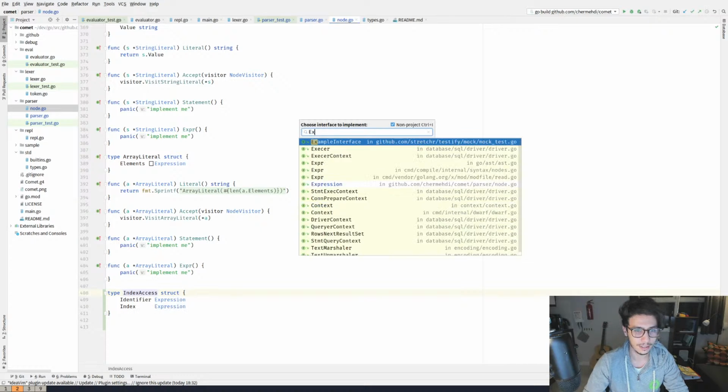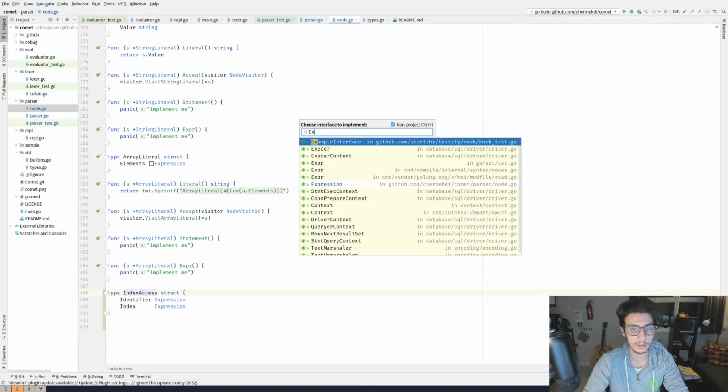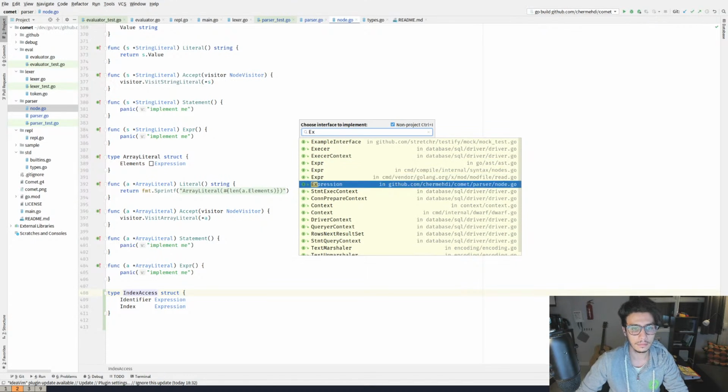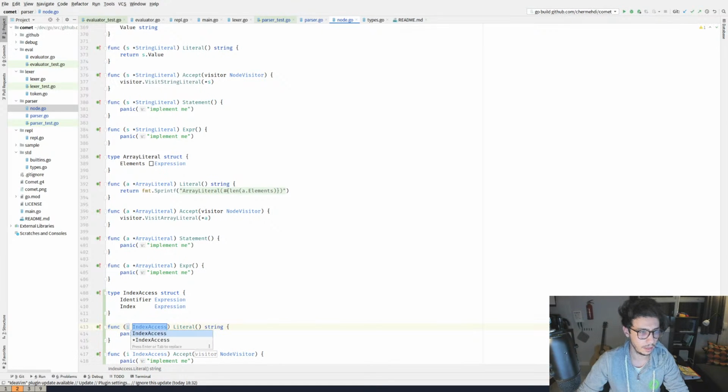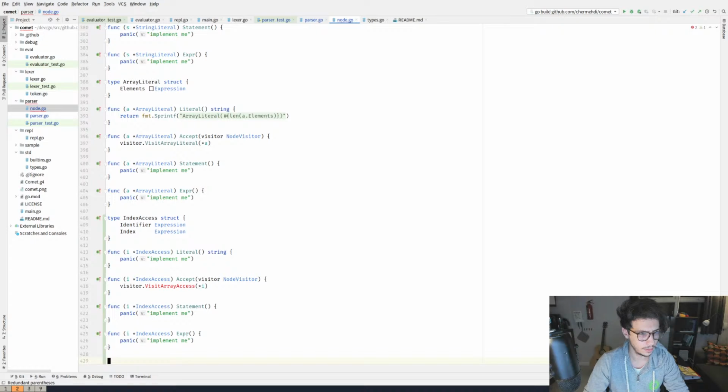So getting back to this, we want the index access to be an expression. All right. So the literal value, I don't really use it. The visitor should accept a visit array access with I, and statement, expression, and literal.